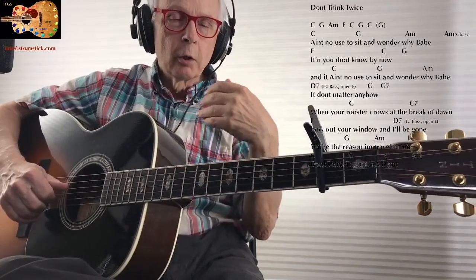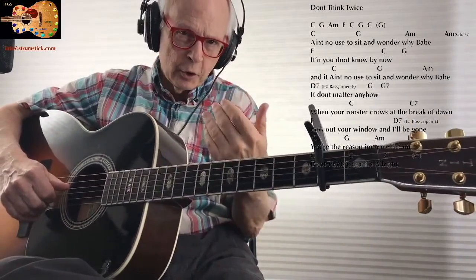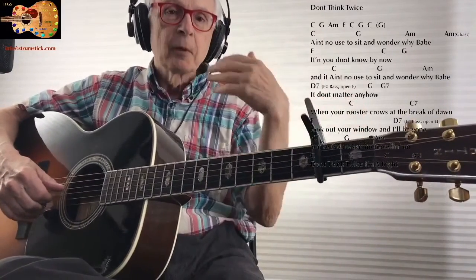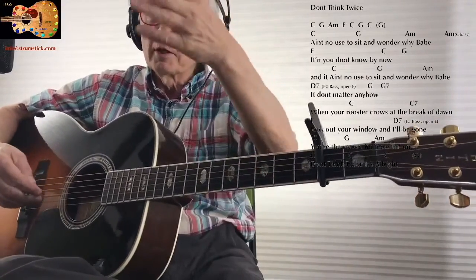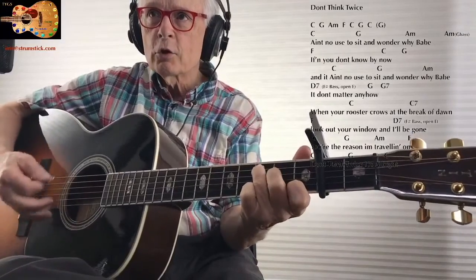Now, that might work in favor of the feeling you're trying to make with a song, or it might work against it. That's up to you to decide. If you can't tell the difference, there is no difference. But if you feel like, oh, I like it getting a little busier when I come to the second half of this first verse. So like, ain't no use sitting